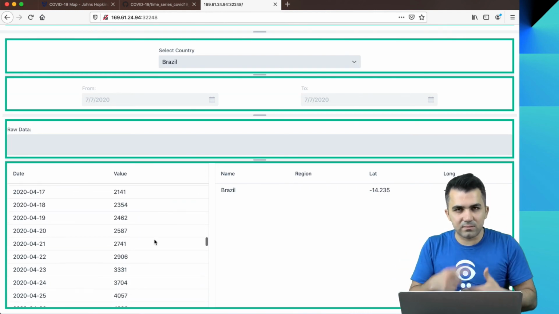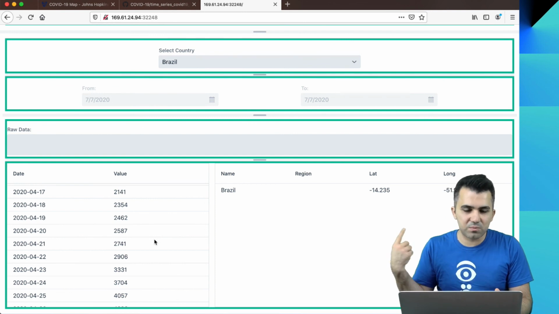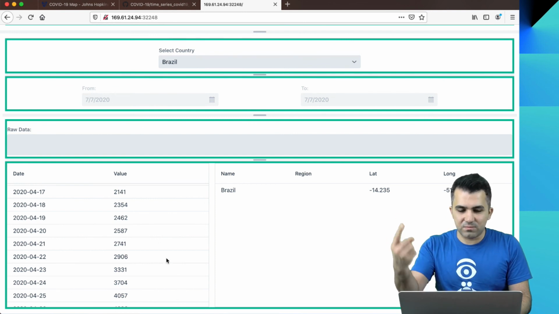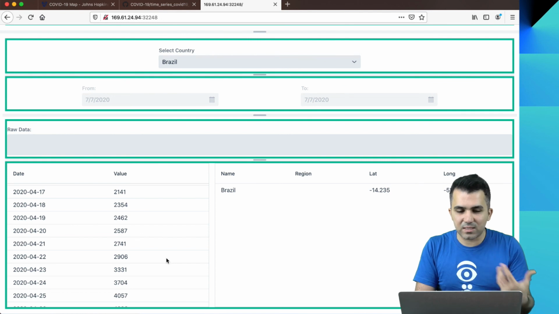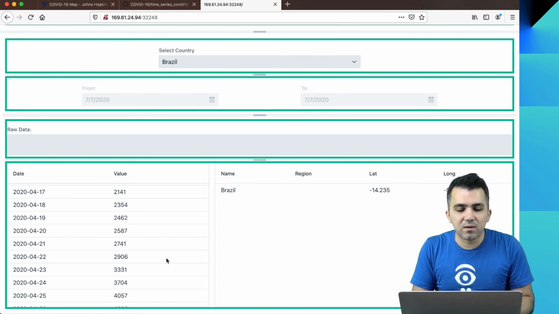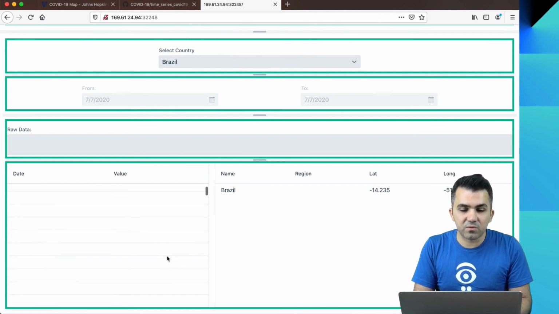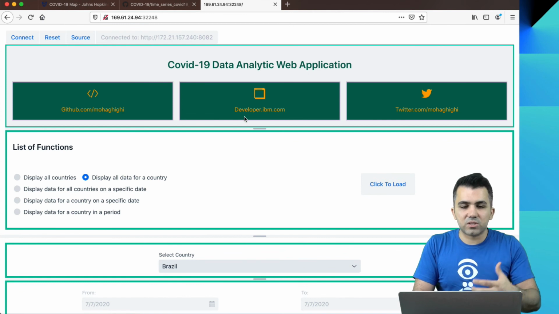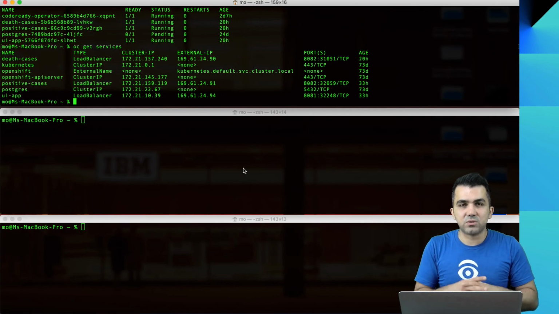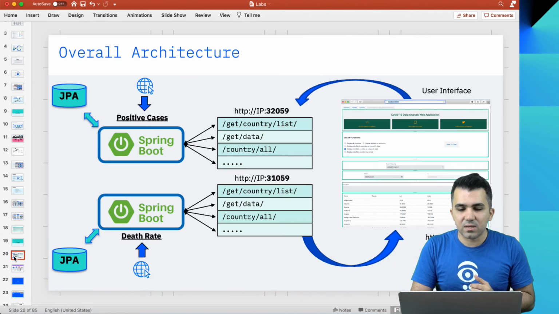As you can see, the data retrieval is much faster now. It's because we are not making a loop through external IP addresses and then coming in through a different DNS. Now it's all happening within our cluster. So again, this is the data for Brazil. I just wanted to show you what it's like for your microservices to connect together within the same cluster, and that's basically how it works.